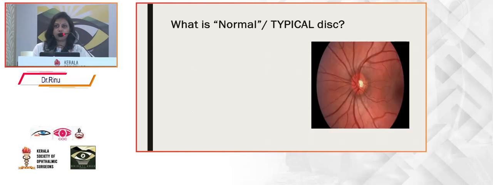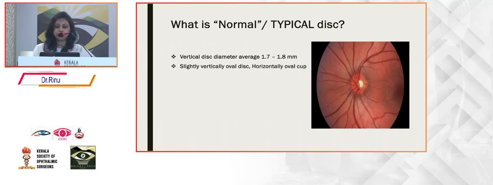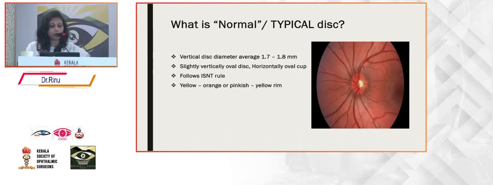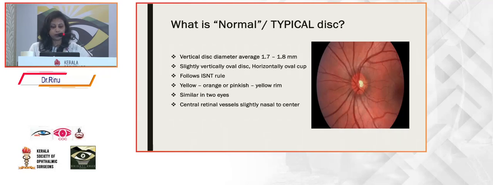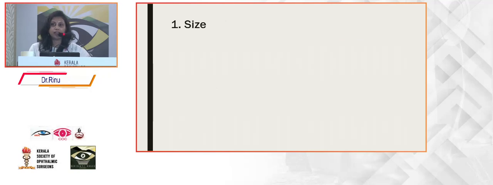So what is a normal or a typical disc? These are the basic characteristics. It has a vertical disc diameter averaging between 1.7 to 1.8 mm. The disc is vertically oval, whereas the cup is horizontally oval. The rim follows the ISNT rule, and the rim is yellowish orange or pinkish yellow in color. The discs are symmetrical in both the eyes. The central retinal vessels arise slightly nasal to the center, and there are visible RNFL striations superior and inferior to the disc. So size is the first factor which we take into consideration when we examine the disc,